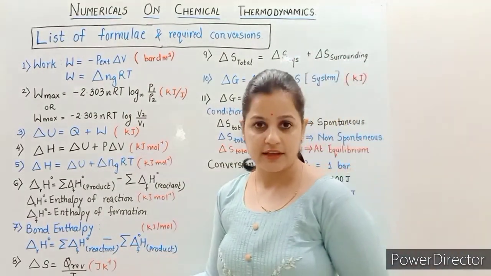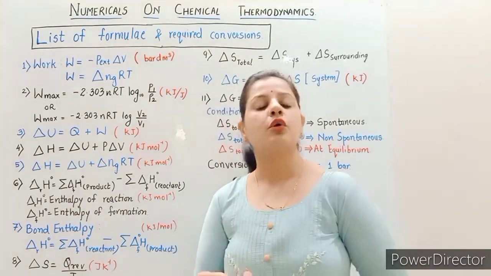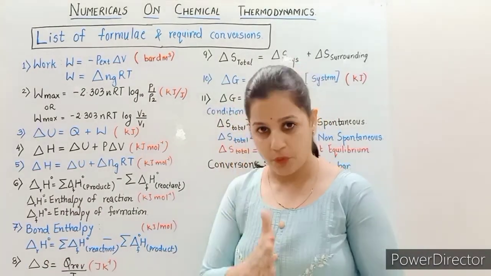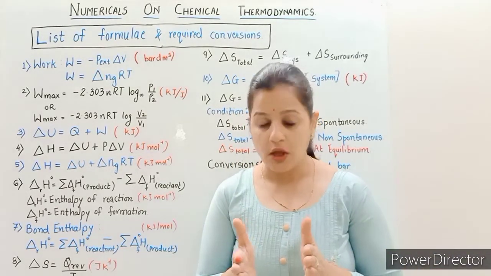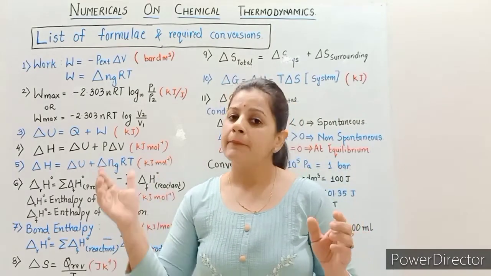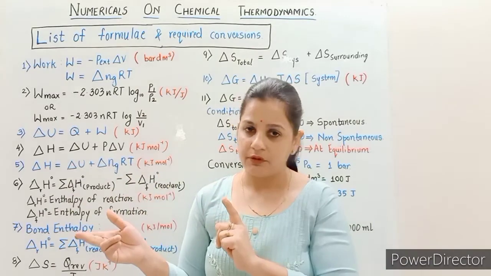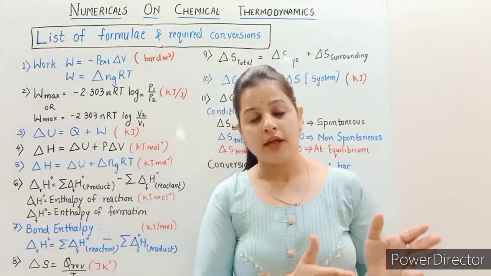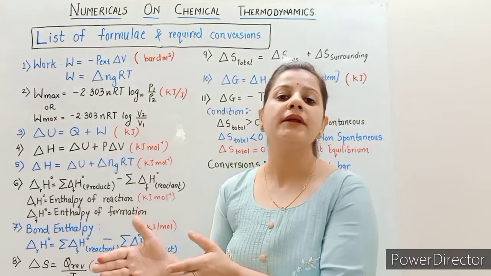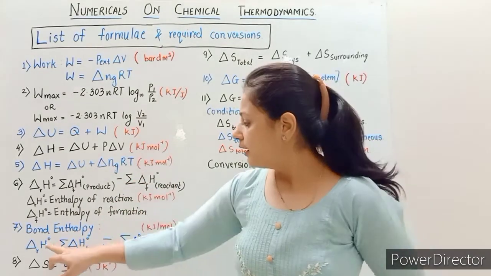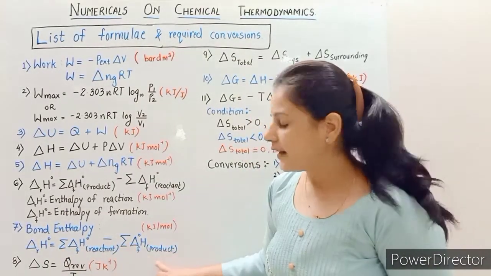And why have we taken this? Because at the time of teaching bond enthalpy, I told you that whenever a bond is broken, more energy is required than when a bond is formed. And whenever a reaction is happening, the bonds break first, and only then the two reactants react and form the product. Since the enthalpy needed to break a bond is higher, in this case we are considering the change in enthalpy for the reactant first and then the product.